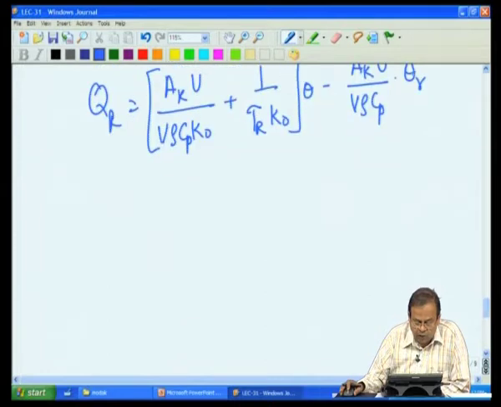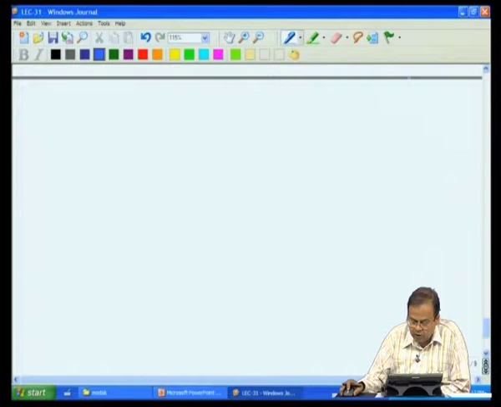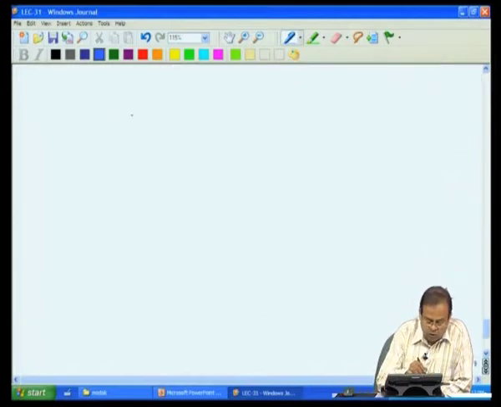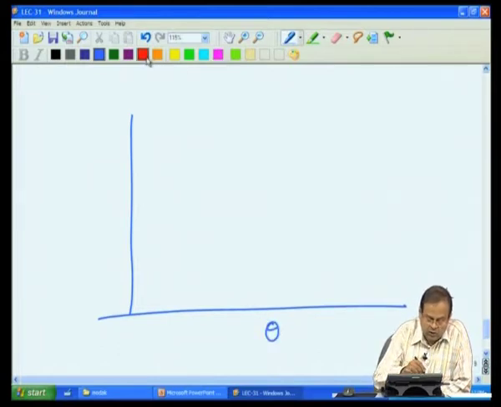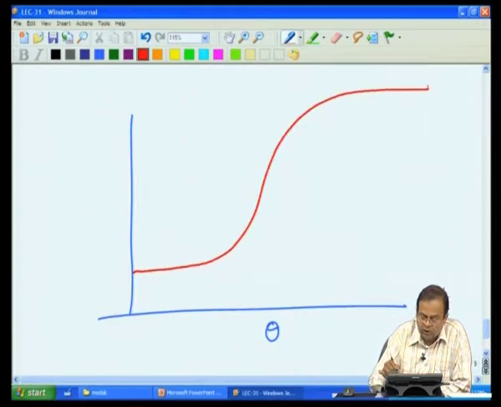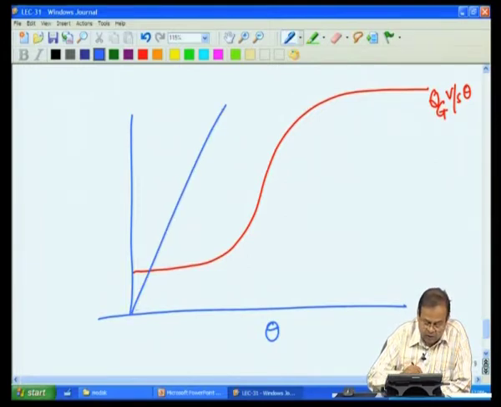So, if we now try to plot this behavior, so let us try to once again do the same exercise, temperature and heat generation rate. It actually turns out that we have this very similar shape as before. So, this is Qg versus theta, and we have Qr, which once again can be represented by straight lines